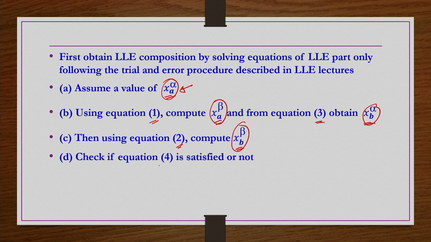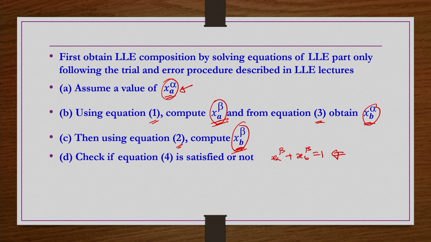Then you have to check if equation 4 is satisfied or not, that is XA beta plus XB beta is equal to 1 or not. Why do we have to check? Because we are calculating XA beta and XB beta using equations 1 and 2, which are the primary equations of LLE. So, when you add them together, if it comes close to 1, then